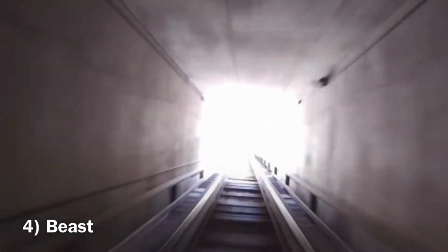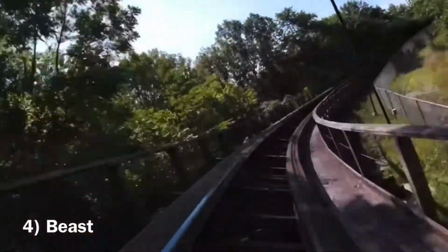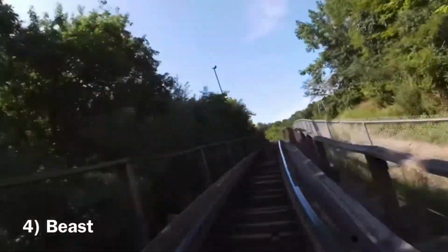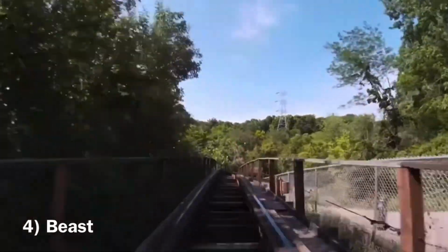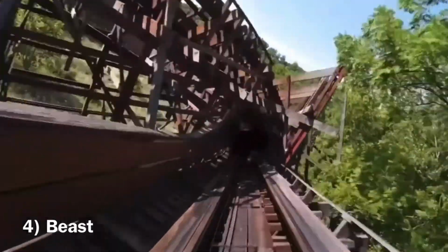The first half is so fast. It almost feels dangerously fast. And it's just a must-do. It's just a really, really unique coaster, and a lot of people don't like it now because they say it's smoother after the retrack. I still thought it had some roughness to give it some character, and it still just